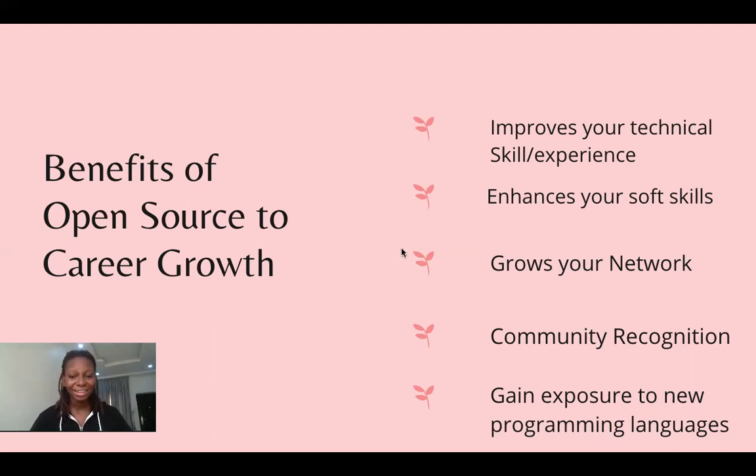Now I can't overemphasize the importance of a network to your technical growth, to your career growth. Getting involved with open source puts you in an environment where you see people from far and wide, from all walks of life, experts in the field and also newbies in the field.